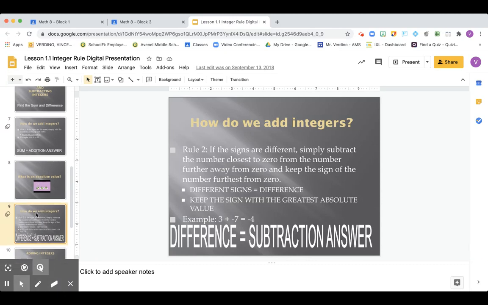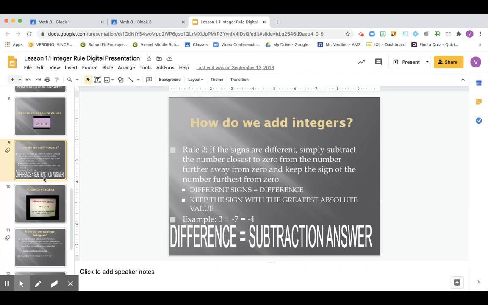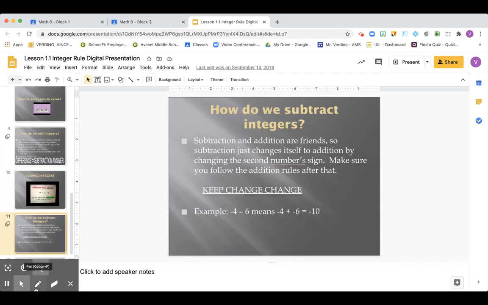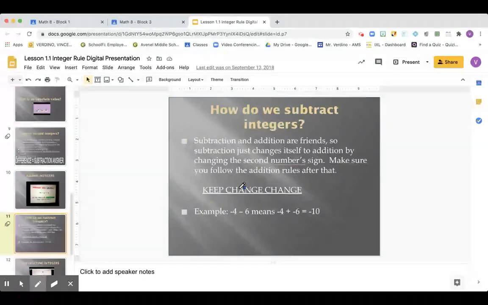Let's take a look at another rule. Now, what happens when we have to subtract two integers? Keep change is a rule that I've always followed, and I think it works better than most rules that are out there right now. Now, this is basically based on my own preference. If you have a different way of subtracting integers, go with whatever feels more comfortable and whatever is giving you more success. So if I am subtracting two integers, I'm going to take -7